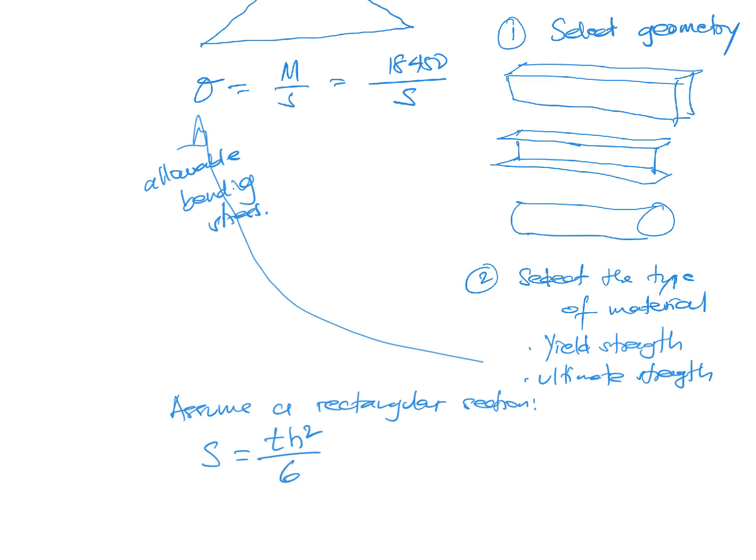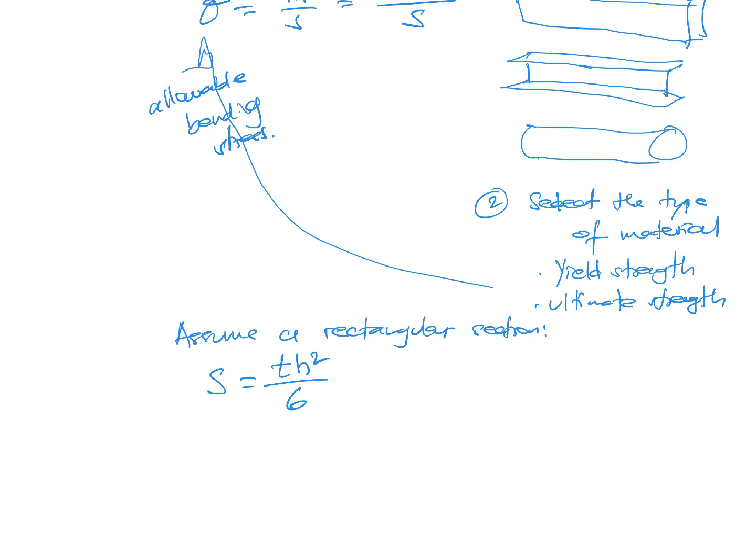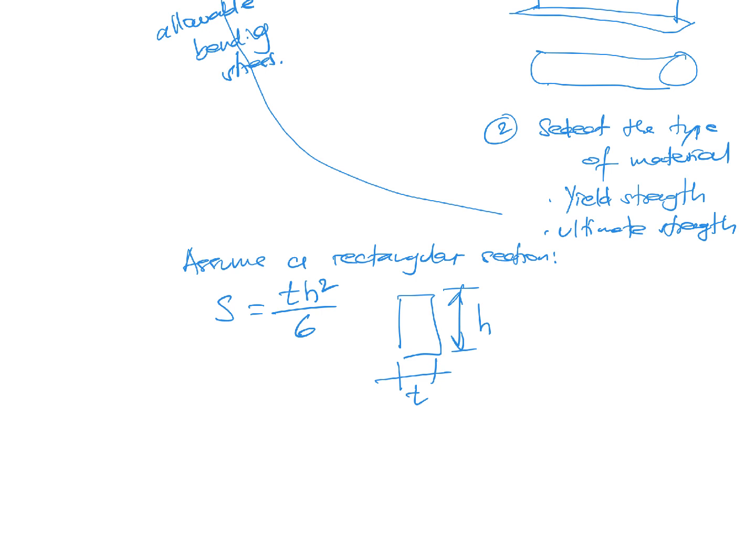We could see that in the table later, where t is the thickness and h is the height. From there we could let h, the height, be equal to 3t, and so